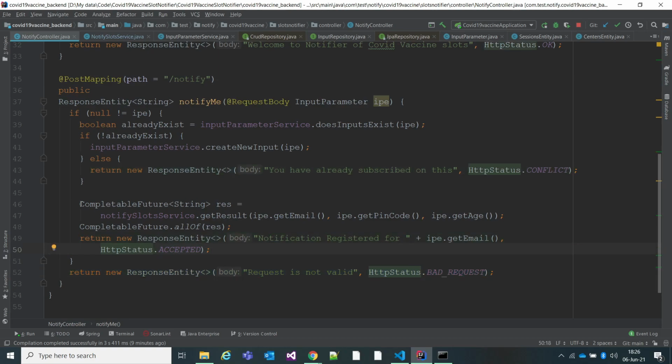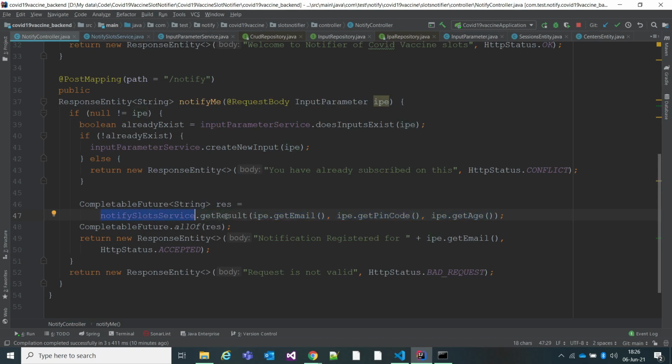Otherwise, everything will be done by my main thread, and it will take a lot of time to return. So it's better to hand over this task to another thread, and once the response is back, it will give the result. As of now, whatever input the user is providing, first I am saving into the database, and then I'm calling get result by passing all these three details.